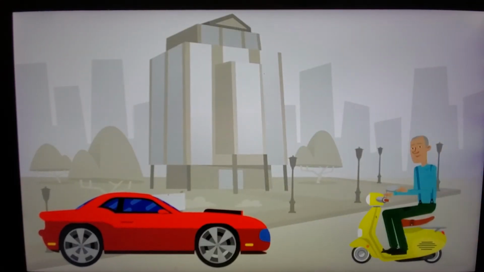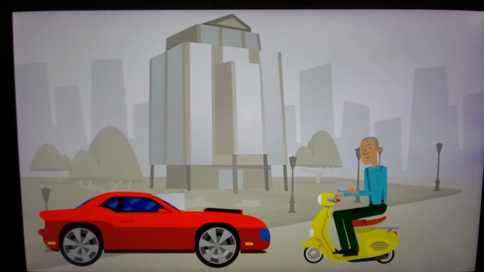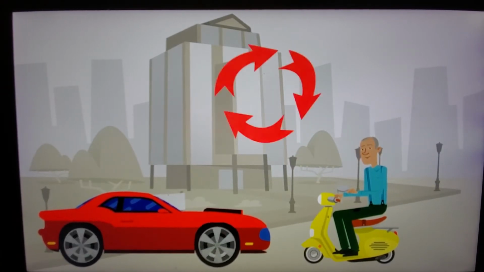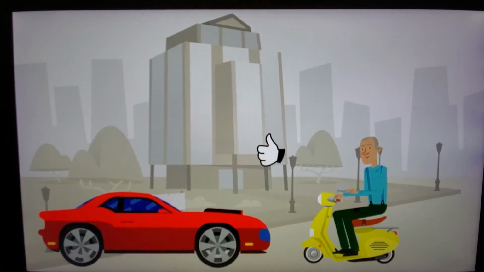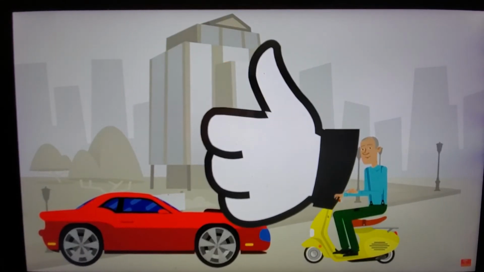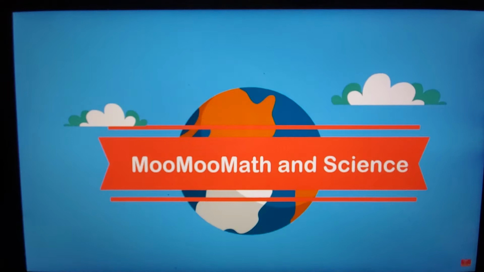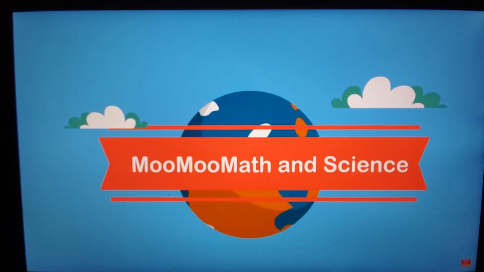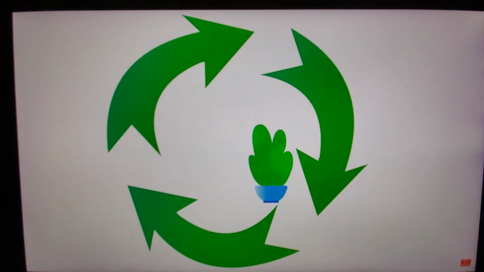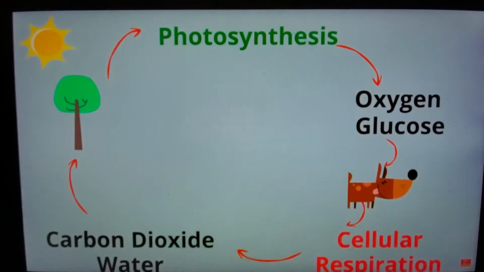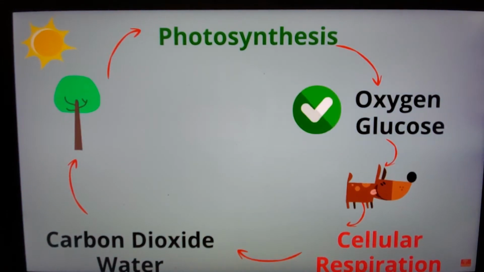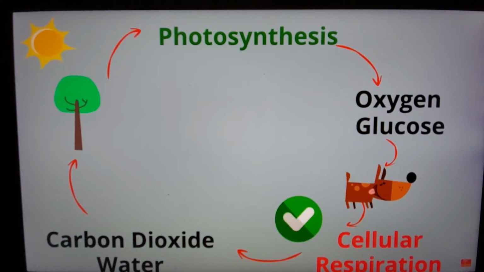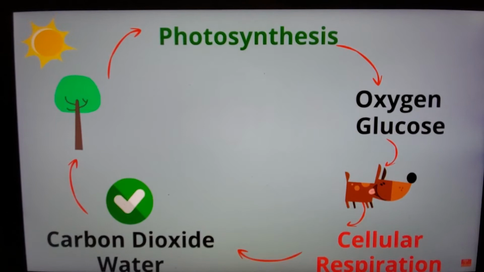motorcycle? And the exhaust of your motorcycle could be used for fuel for your car. You would have a nice cycle in which both the car and the motorcycle benefited. Welcome to Moo Math and Science and the relationship between photosynthesis and cellular respiration. Photosynthesis and cellular respiration have a similar relationship. The waste product of photosynthesis is used in cellular respiration, and the waste product of cellular respiration is used for